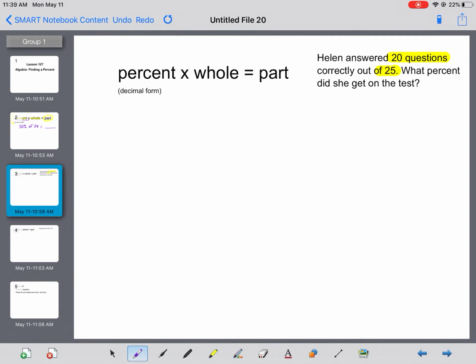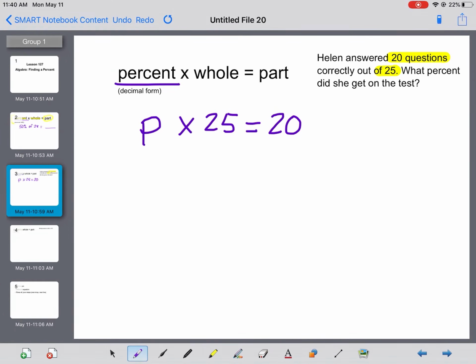So the information that we know using our percent times whole equals part, we know that the whole test was out of 25 questions, and we know that the part or the piece of that 25 that she got right was 20, but what is missing is our percent. So we're going to represent that percent. Let's use the letter P for percent, but any letter will do. And now what we have is an algebra equation like ones that we have looked at before. So what we're going to be doing a lot of today is reviewing those algebra steps